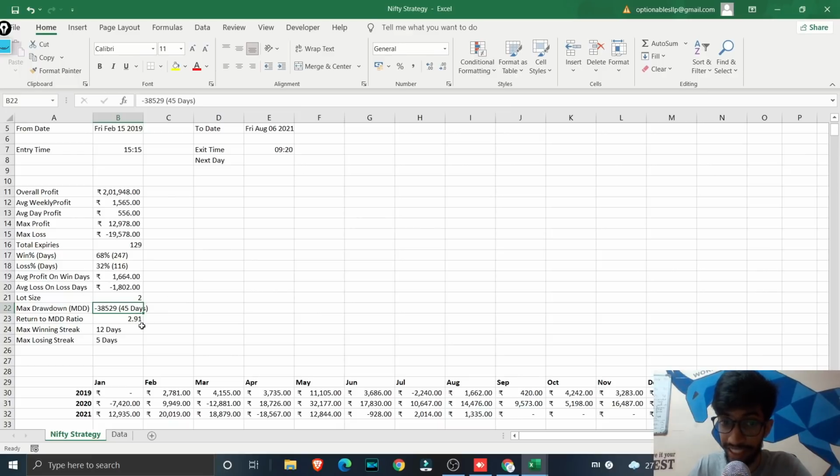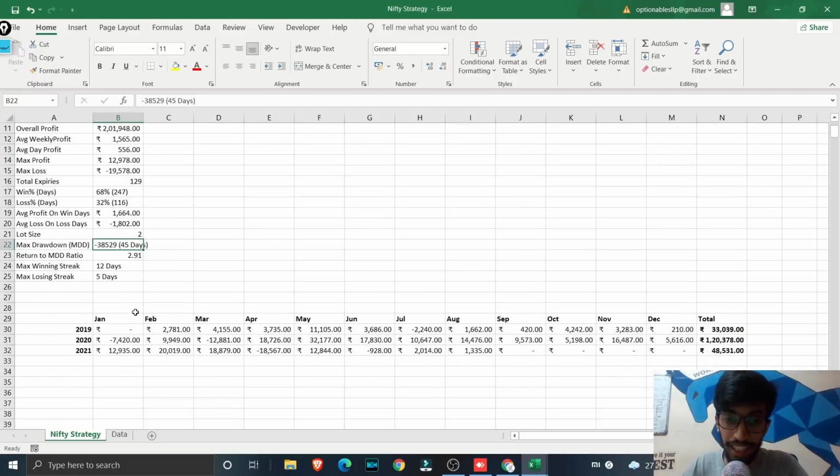Once you know this figure, and this has come for consecutive 45 days, so you have continuously lost small sums like 500, then you would have made 500 profit, then you would have made 2,000 loss. So this way, accumulated loss would be somewhere around 38,500 in the worst case scenario, right? So using this, I am going to give you a proper idea as to how much margin you would require to do this one particular lot.